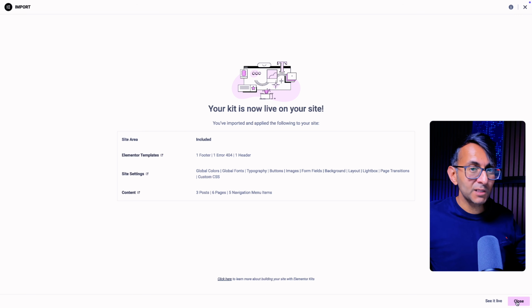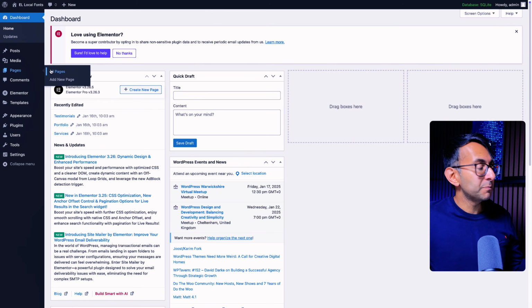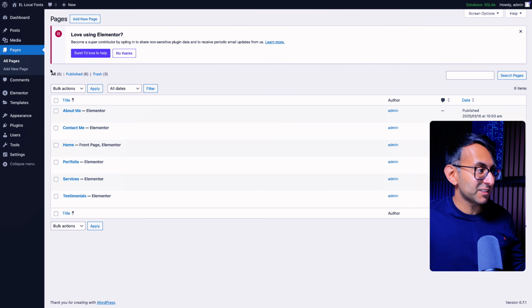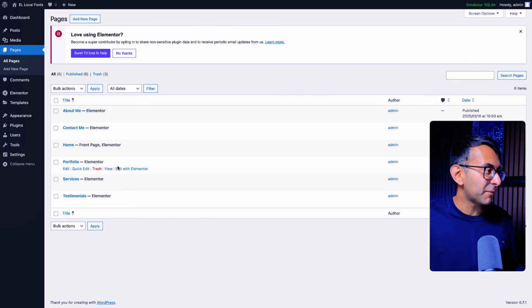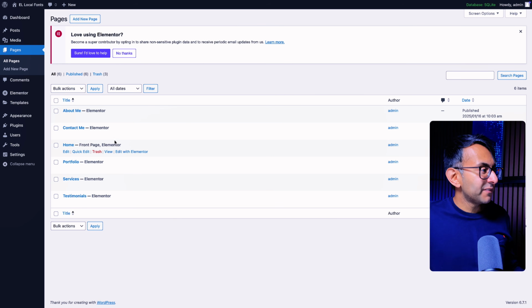Now what I'm going to do is close this down. I'm now going to go over to pages and I should see 6. 1, 2, 3, 4, 5, 6. Exactly what it was from my page structure and my wireframe. Before I go into edit with Elementor, I am going to hit view just so we can see the home